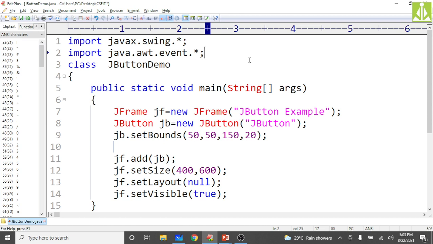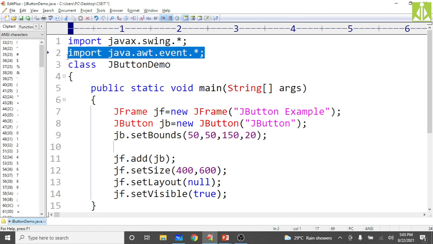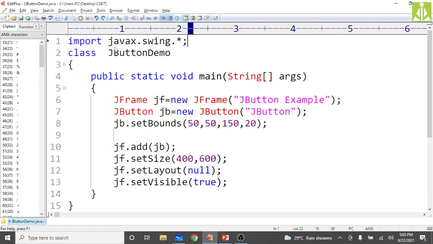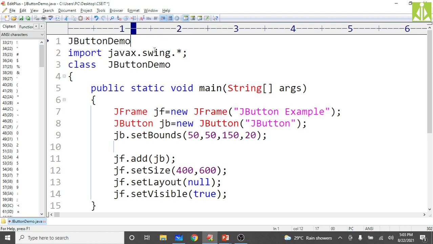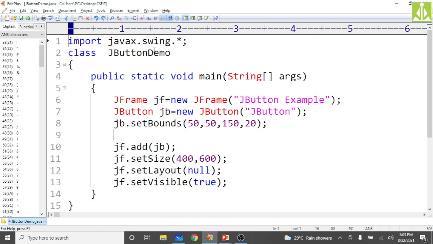Adding all the classes and interfaces from this event package to your program. So it is successfully done. And one more thing, always try to add the parent packages at the top, and then the child packages. So AWT is prior to Swing.